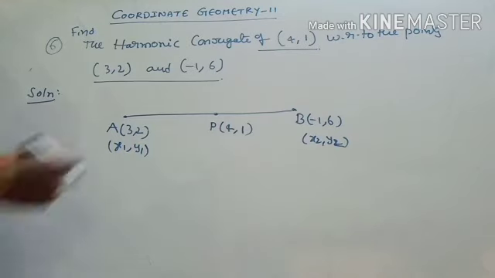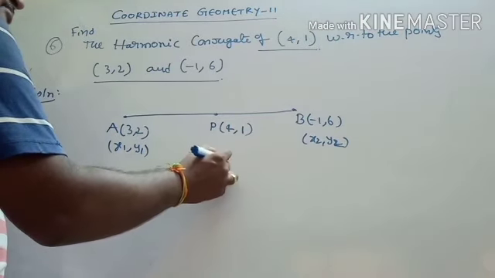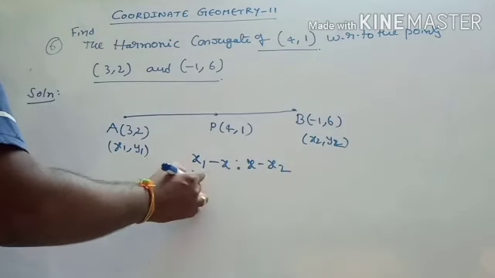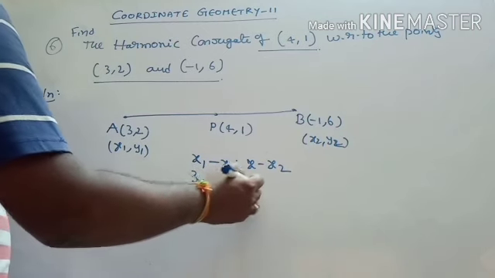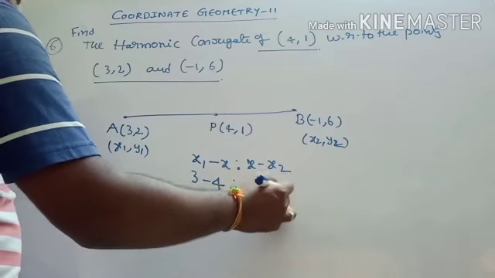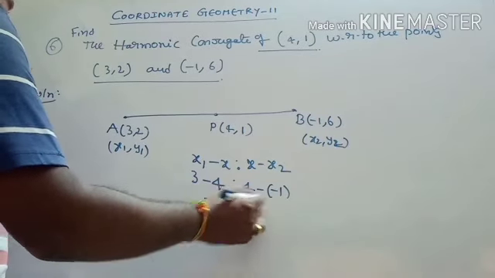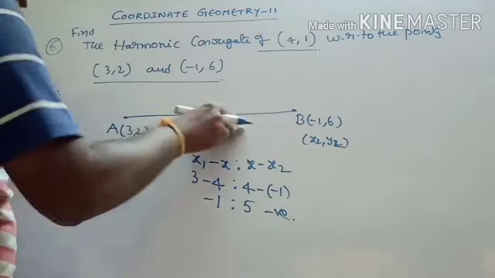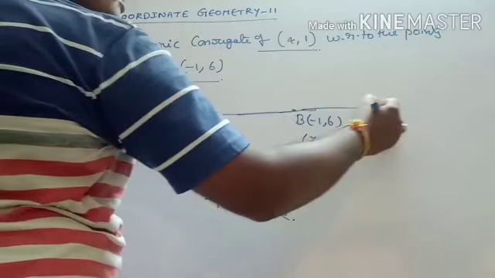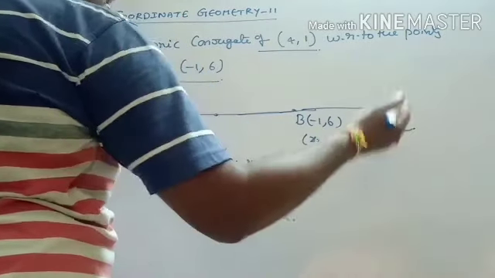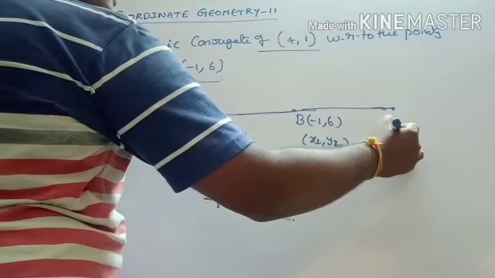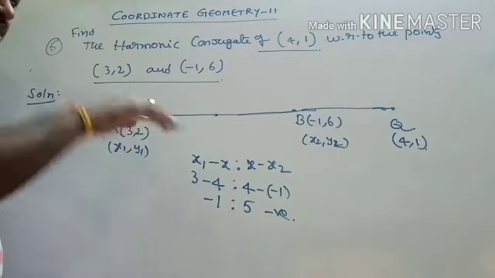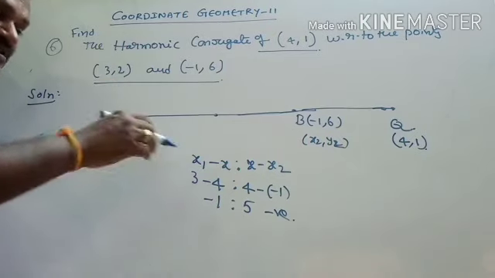Now I told you the ratio you are going to get is (x1 - x) : (x - x2). Here, x1 is 3, so 3 - 4 is -1, to x is 4 minus (-1), that is 5. Wonderful. That means this is a negative ratio. Negative ratio means I told you that the point is going to be present outside. This is what we call Q, or let us take this as P or Q, anything, right? This is (4, 1), which is present outside, because we have got the ratio as negative.